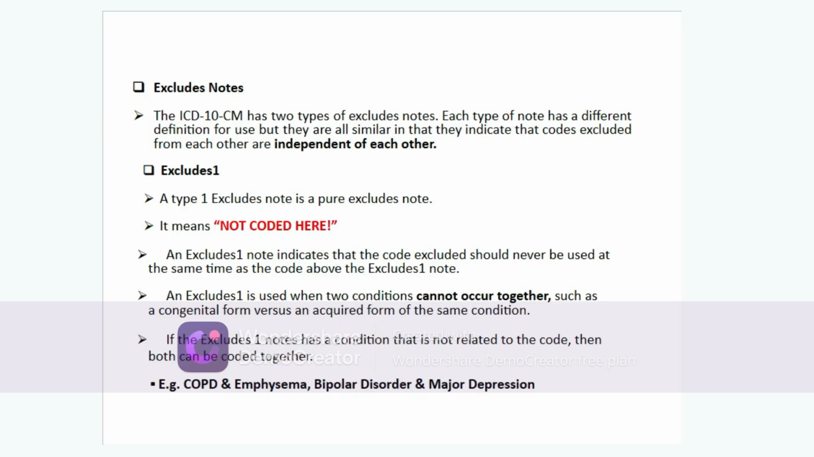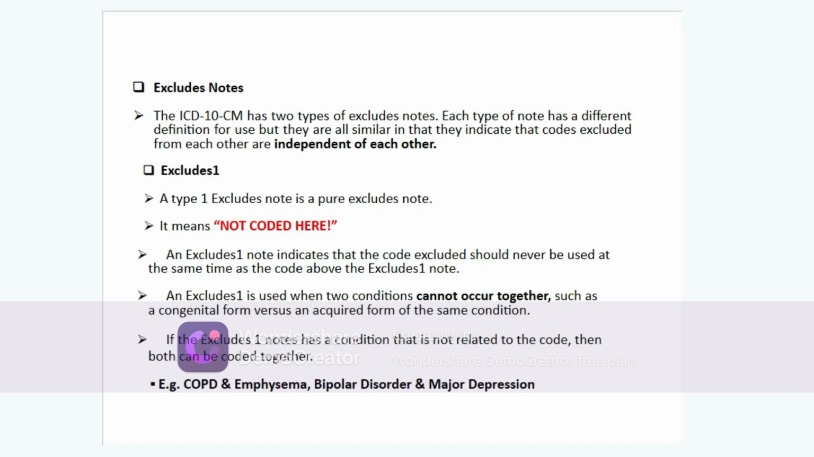Exclude notes. ICD-10-CM has two types of exclude notes. Each type of note has a different definition for use, but they are all similar in that they indicate that codes are independent of each other. Excludes1, very famous in our interviews. A Type 1 Excludes is a pure exclude note. It means not coded here. An Excludes1 note indicates that the code excluded should never be used at the same time as the code above